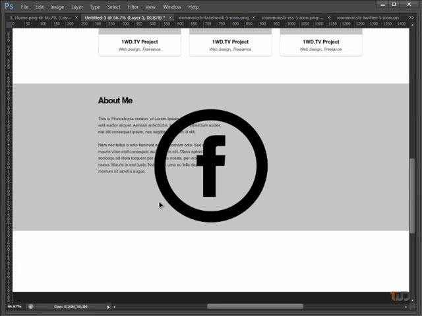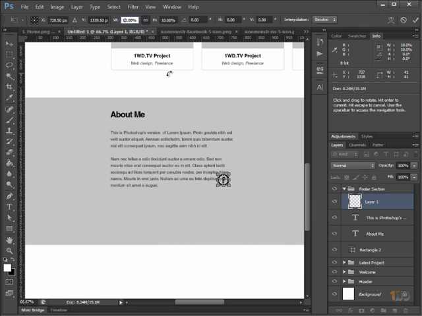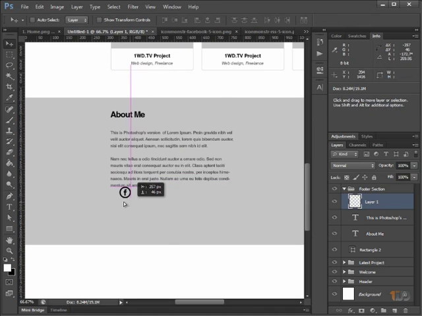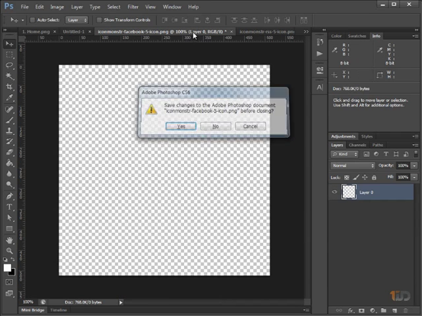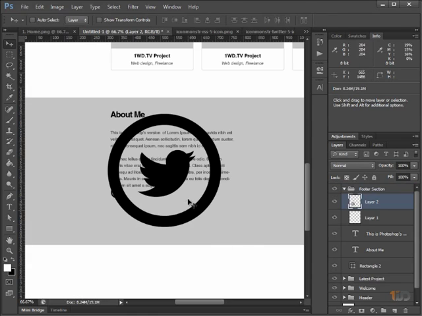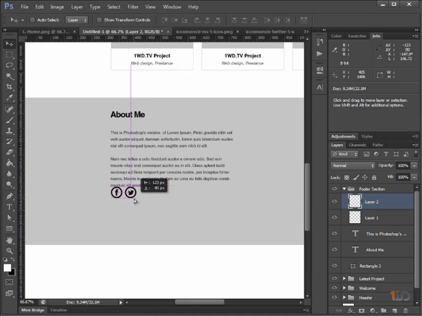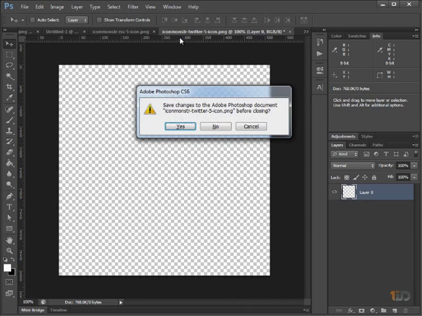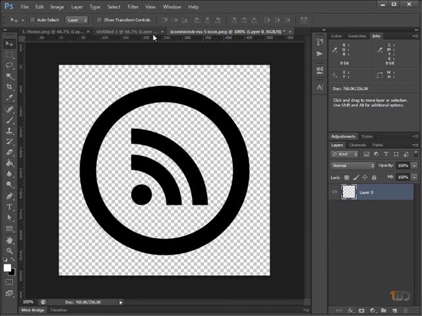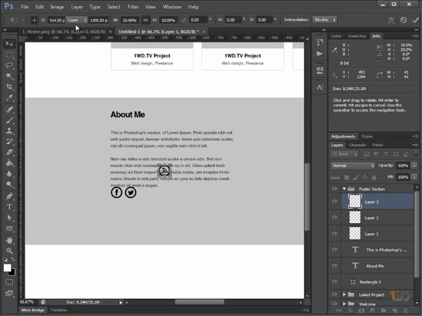And let's make this smaller. Press Ctrl T to transform and let's make it 10%. That will be fine. Do this for the Twitter and RSS. So like that. And then RSS, Control T, 10%,